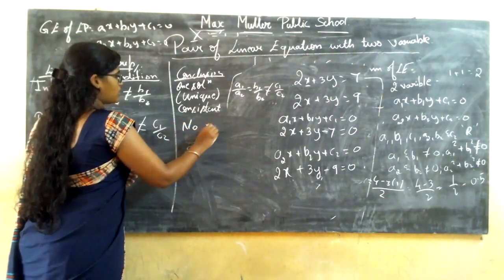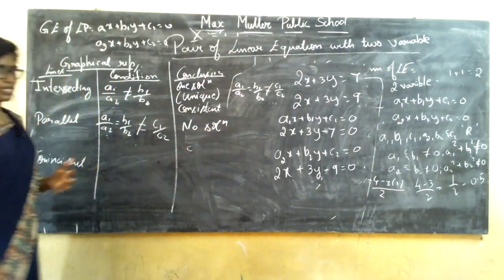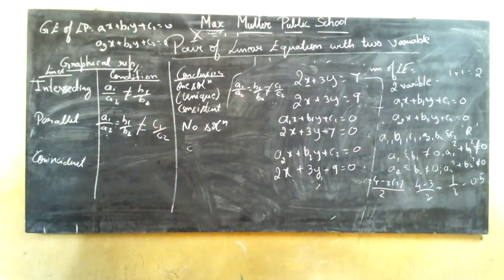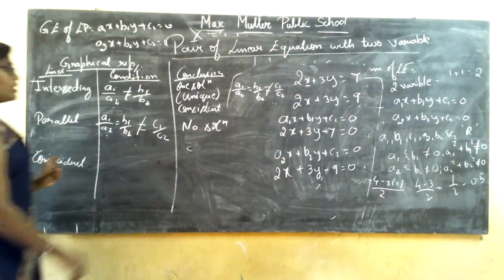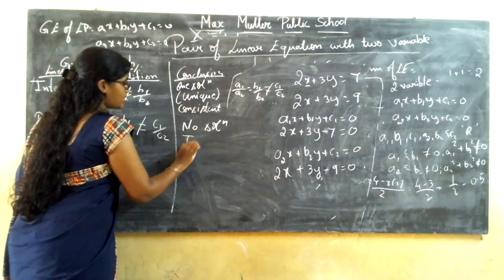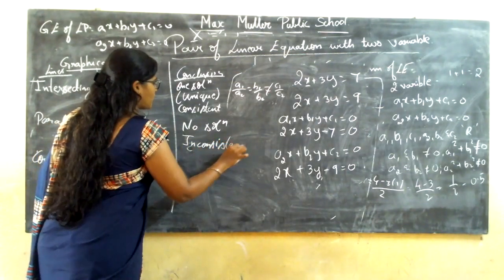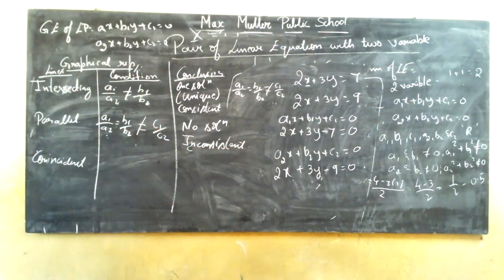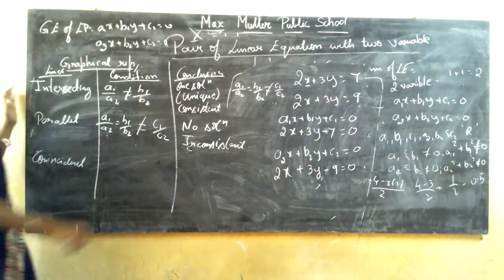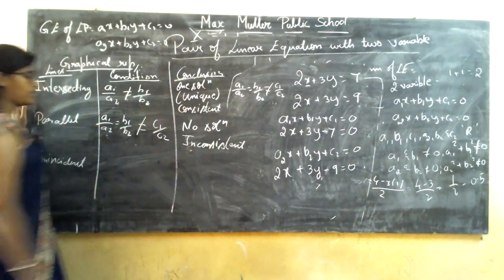So here also, for the same reason, you do not get any solution. If you are not getting any solution, what is the mathematical term you were using? It is inconsistent. It is an inconsistent pair of linear equations. These terms are very important. Do not forget these terms. So it is an inconsistent pair of linear equations.